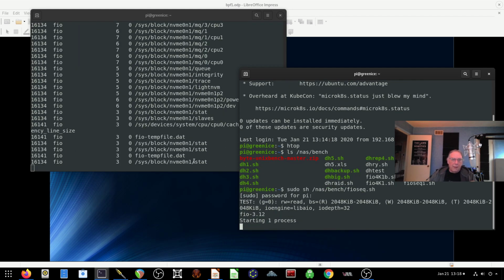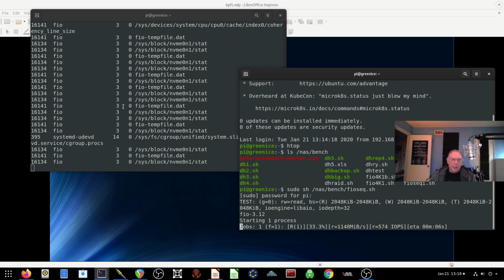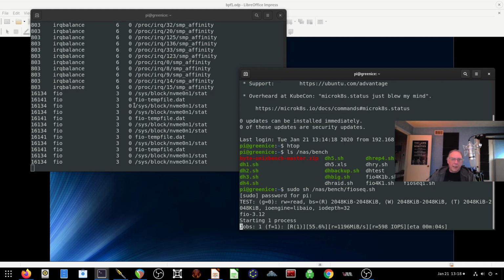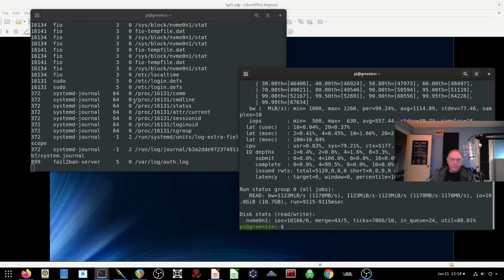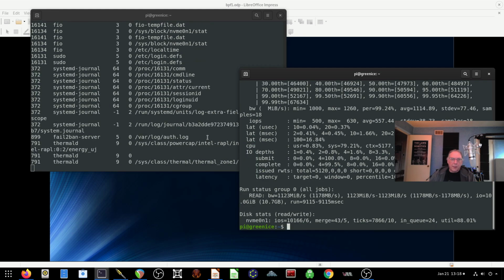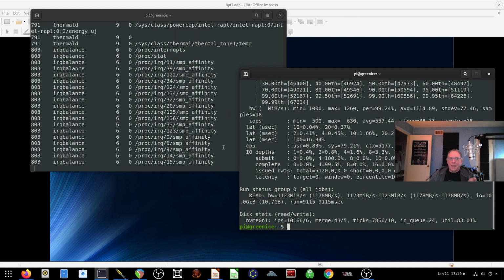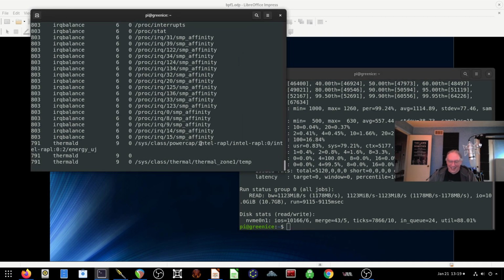Okay, so now at this point, file is generating IOs. And so you can kind of see file flying by here on the side as it completes its work. That's nice, but so what, right? So what? There's also,